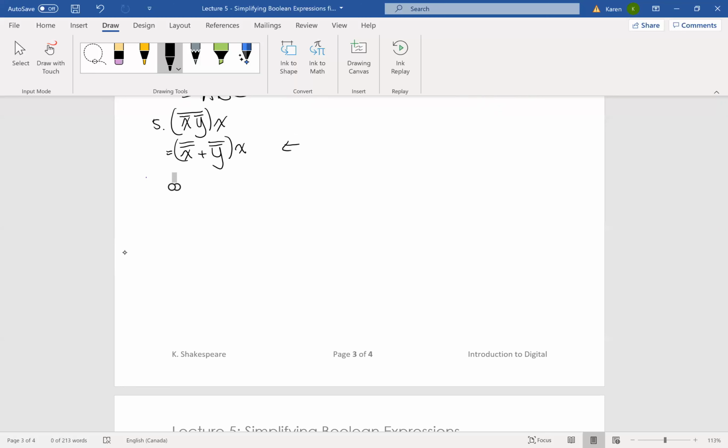That's one of De Morgan's, it's number 17. And then I would recognize 18. Theorem 18 says that two inverted bars are the same as just the signal itself. Then I would distribute using 13a, and I would say